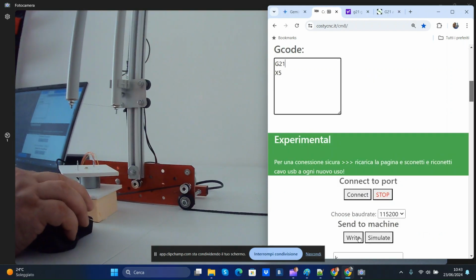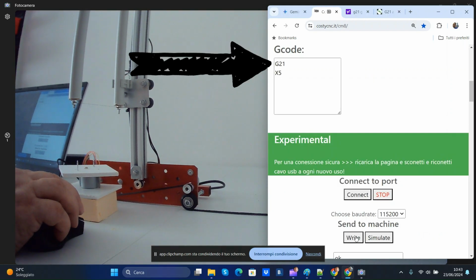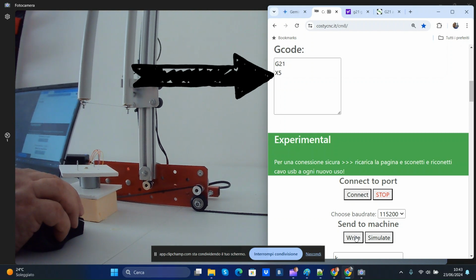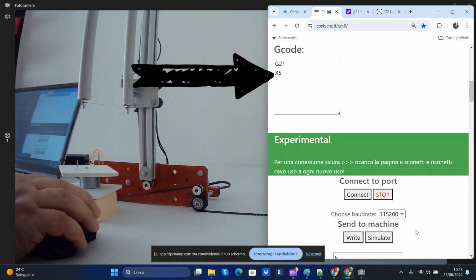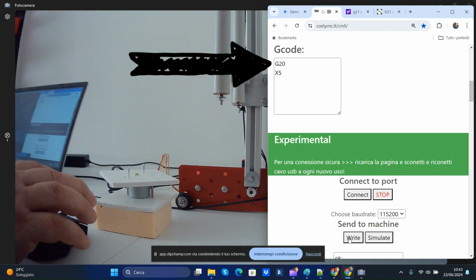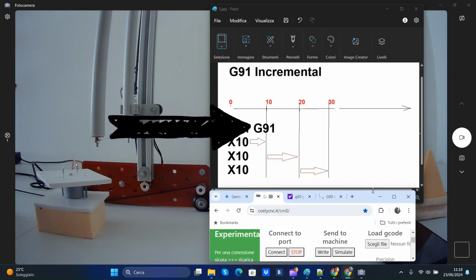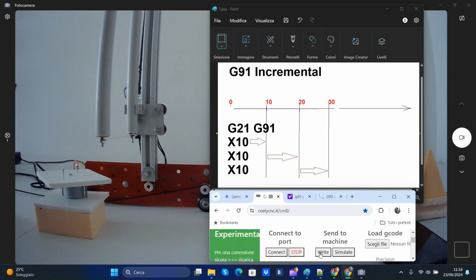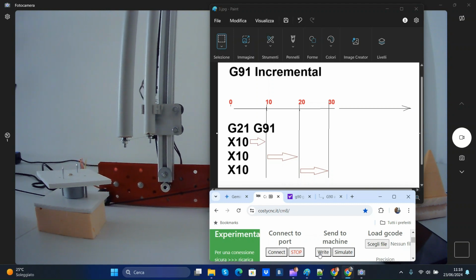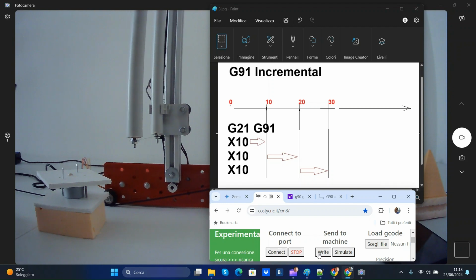The G21 G-code command tells the interpreter that all subsequent measurements are in millimeters. So with X5, the CNC machine will move 5 millimeters. Conversely, the G20 command sets the units to inches. Therefore, X5 would move the machine 5 inches. The G91 command tells the interpreter that movement is incremental. So if you write X10 and send it to the CNC repeatedly, the CNC will move 10 millimeters at any